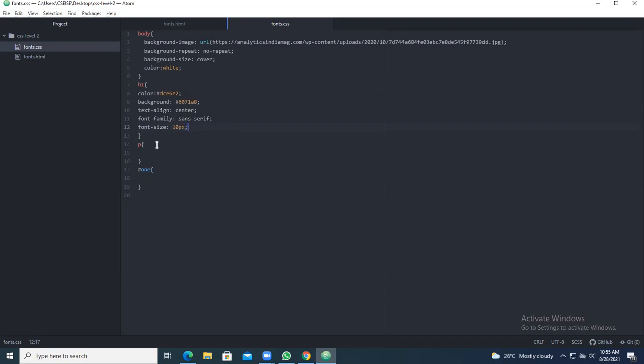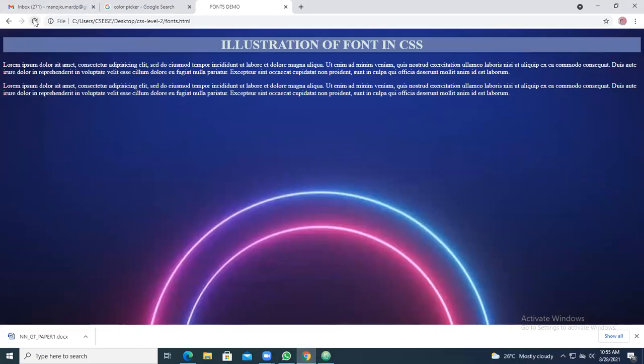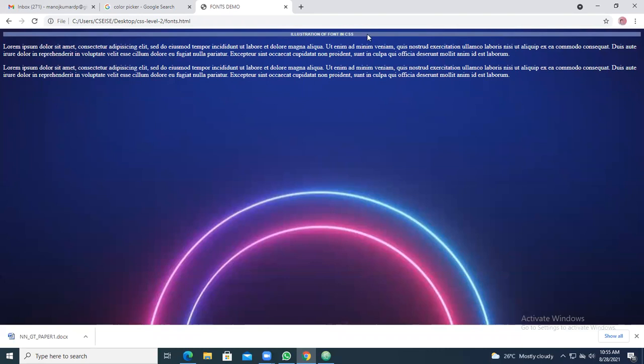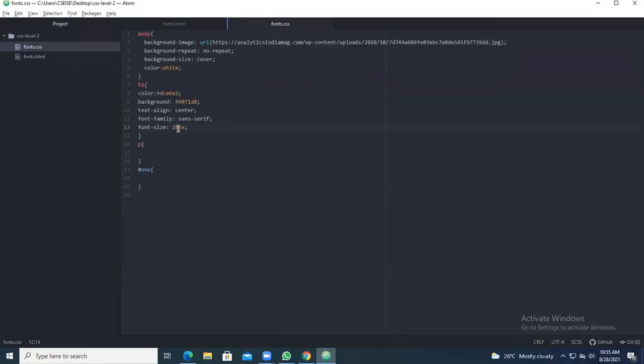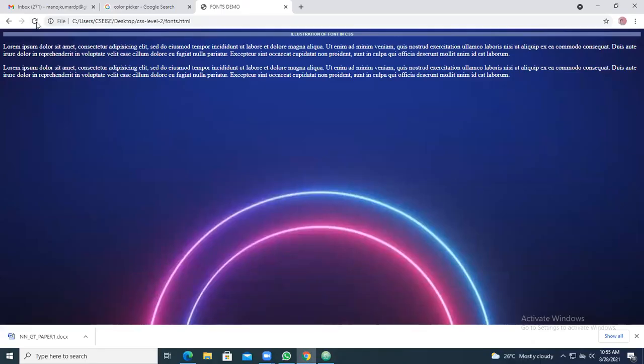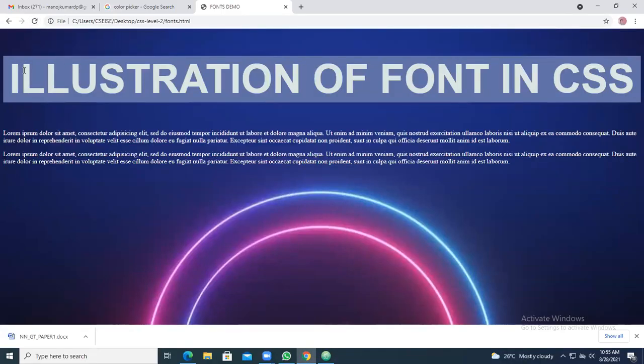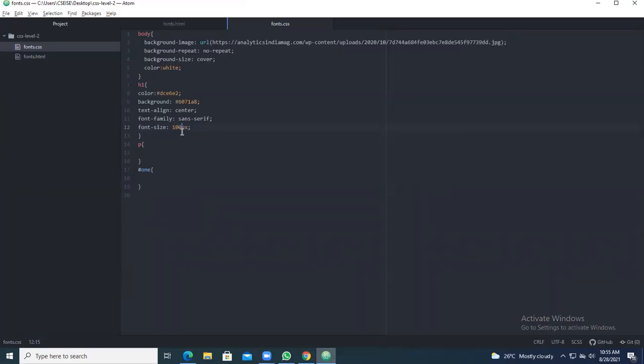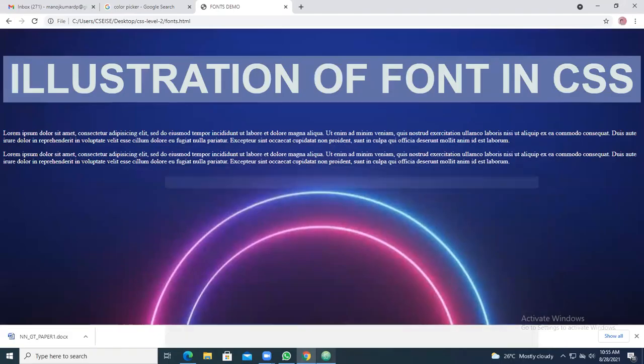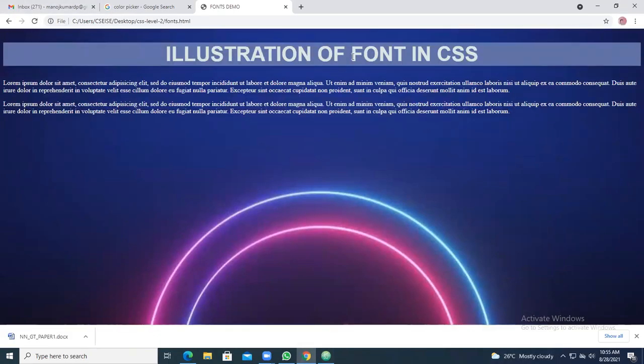Okay, so sans serif with font size 10px. Save the contents and see how it is showing. It has gone something smaller. If you want it in more number, you give something called 100px font size. Go and refresh. It was looking very big. So reduce it to some 50. Okay, so font size I've given 50. So this is the demo of font size.